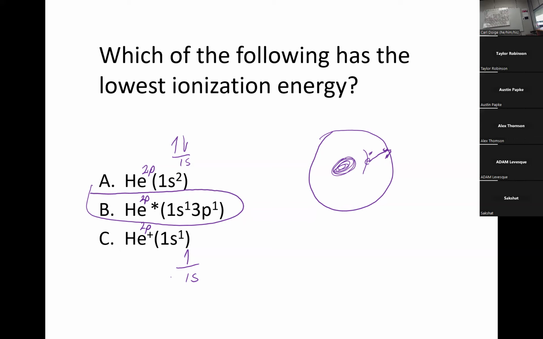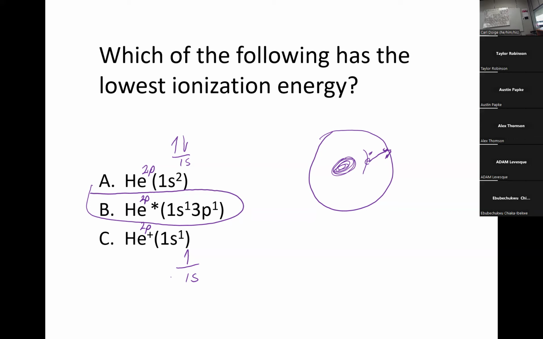Because that one has the assistance of the repulsion. Yes, we've got the repulsion. It's easy to remove that. Between these two, that would be easier. This one, a single electron, experiences 2 protons, so that seems easy. Now, let's come here then. This is the easiest to remove. And this guy is already part way out of the atom.